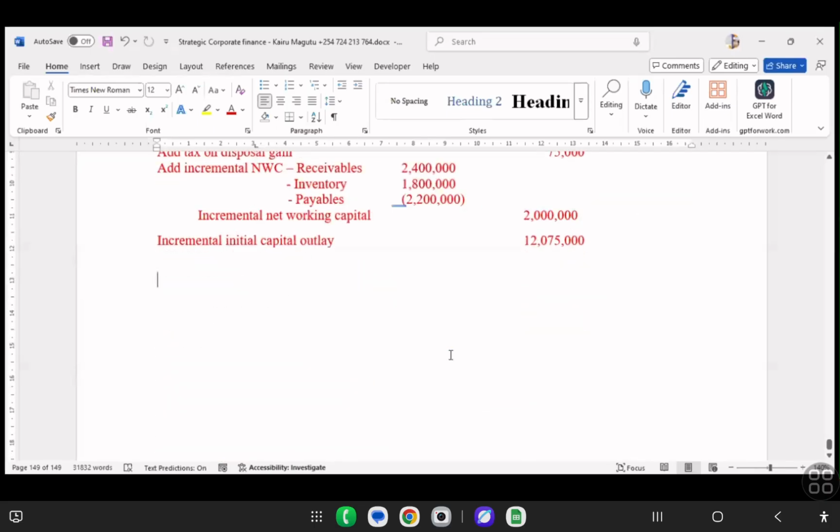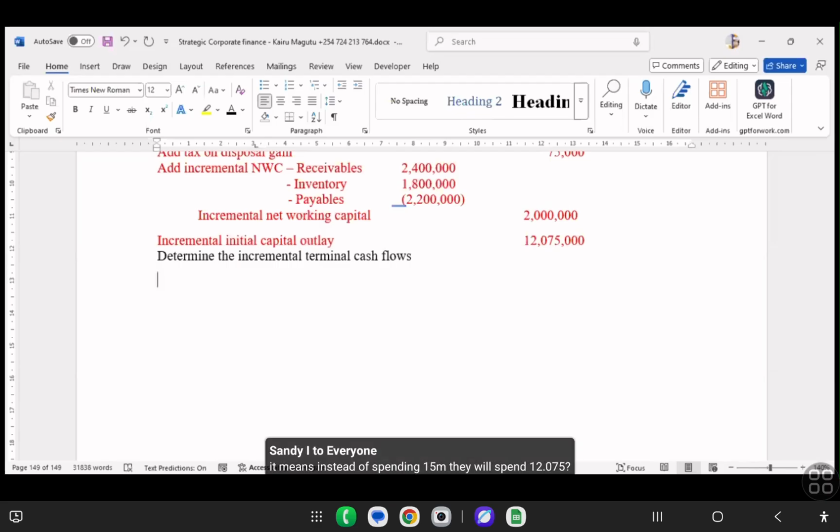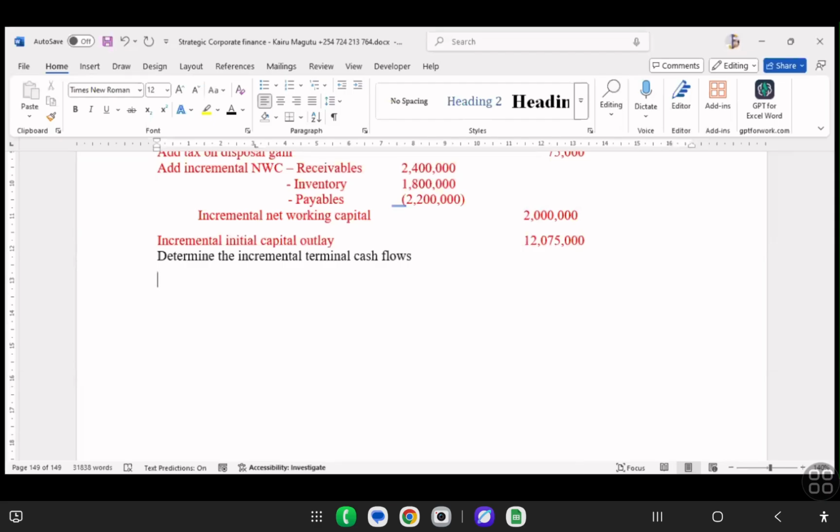Now, after we have determined that, we go to the next step, and the next step is to determine the incremental terminal cash flows. The incremental terminal cash flow is equal to the incremental salvage value plus the incremental net working capital. We say that note incremental